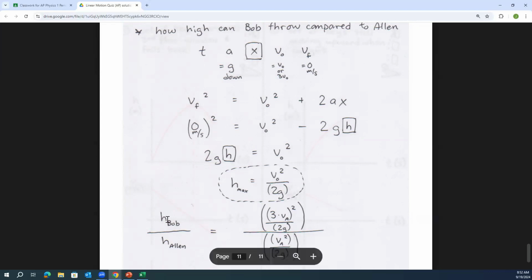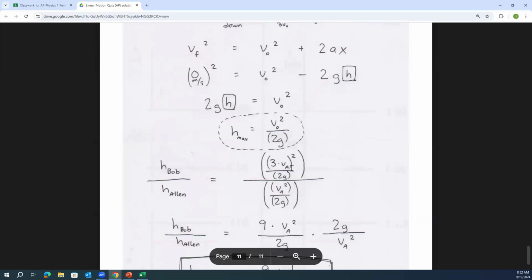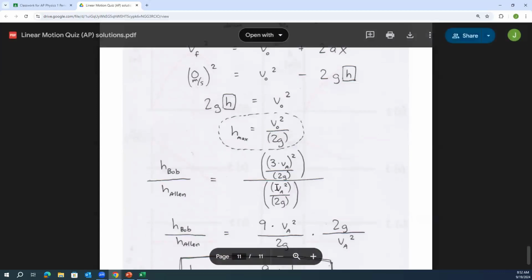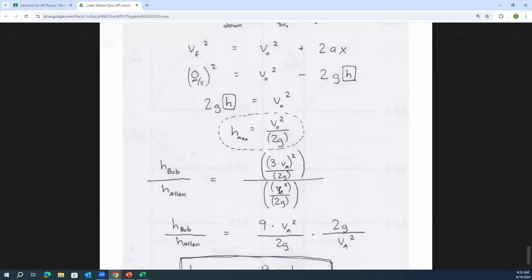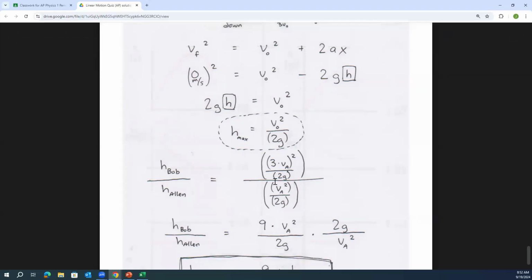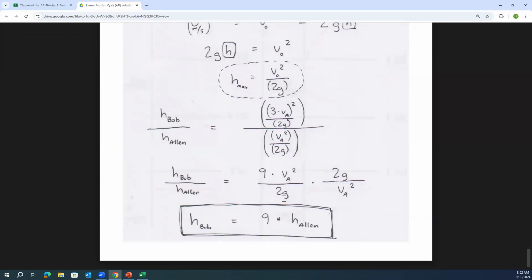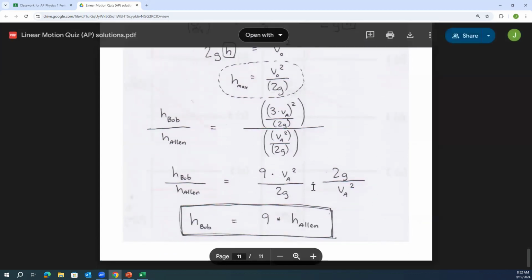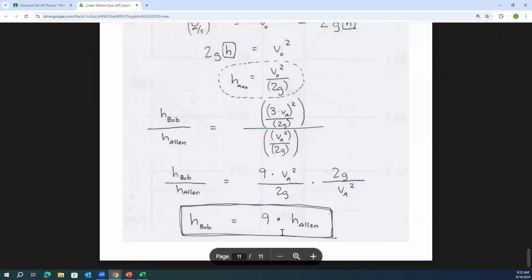And if you want to see the full proof, here's just plug in. Here's the speed Bob can throw, 3 times as fast as Alan. Here's the speed Alan can throw, his own speed, v sub A could be for Alan, right? And then for how high? So I've got an equation up here, I've got an equation down here. I'm just taking a ratio of those two equations. A lot of stuff cancels. The throwing speed of Alan cancels. I got, of course, a factor there. The gravity field of the planet cancels. And then it works out like this. A bunch of stuff cancels. And oh, look at that. There's exactly the answer. Right?